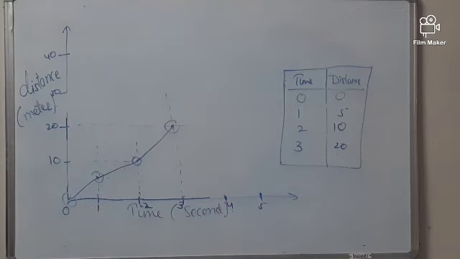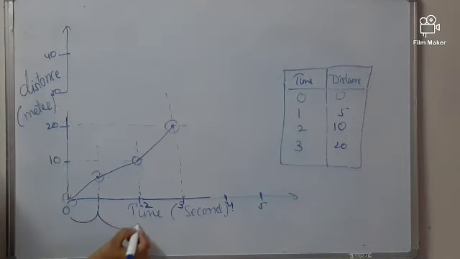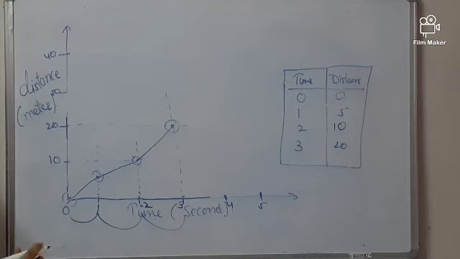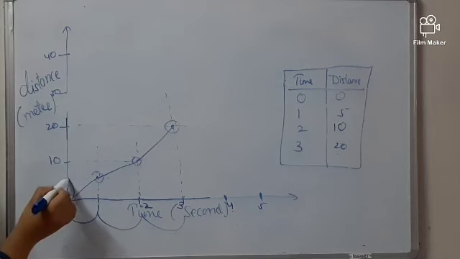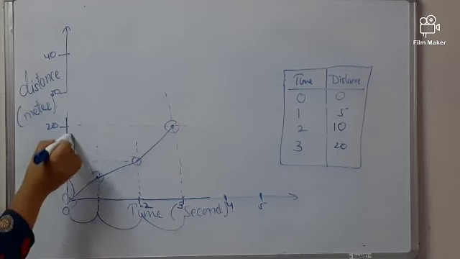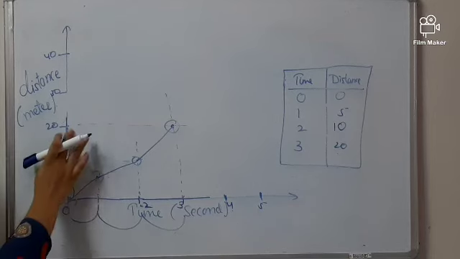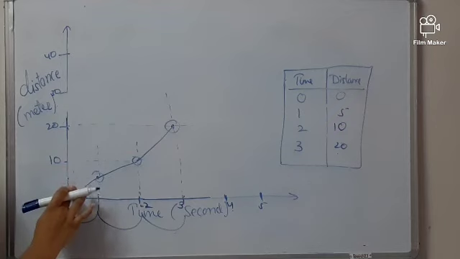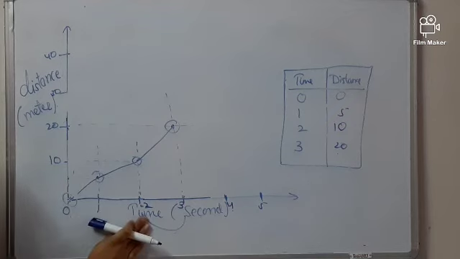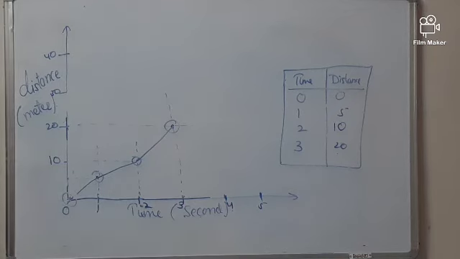like this. So if you look at the graph, it's not straight, but there are bends in between. There are curves. It means this is non-uniformity. Obviously, you can understand from here, time goes from 0 to 1, 1 to 2, 2 to 3. There is uniformity. But distance goes from 0 to 5, then 5 to 10, and then from 10 to 20. It means there is not uniformity. So we can say that this is the distance time graph for non-uniform motion.